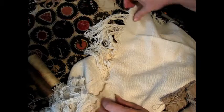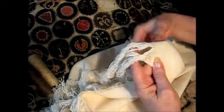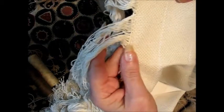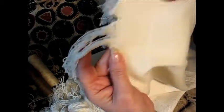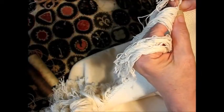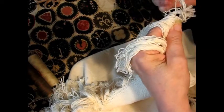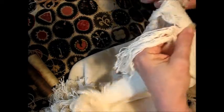Those of you that hook rugs, I'm quite sure this is Monk's cloth, but I don't know. I'm not positive. I didn't buy it. It was given to me by my friend Steph, who repaired rugs. And this is all you do